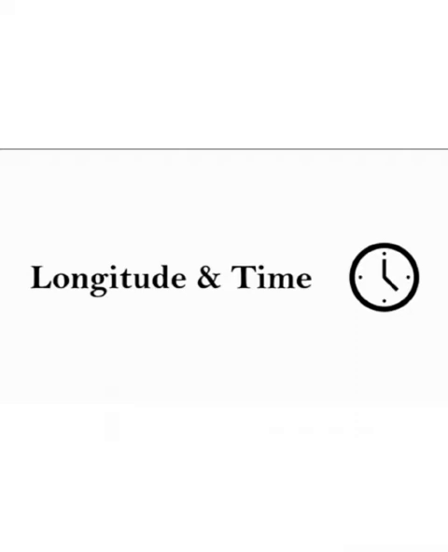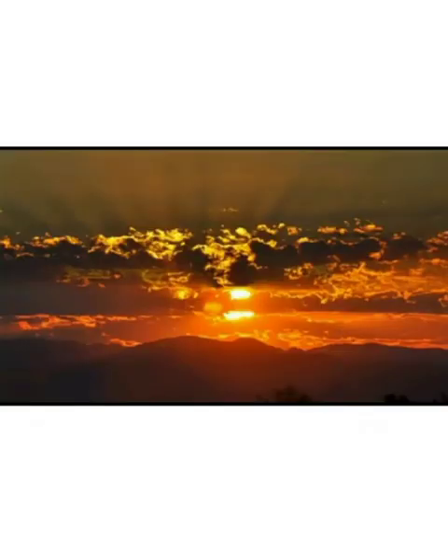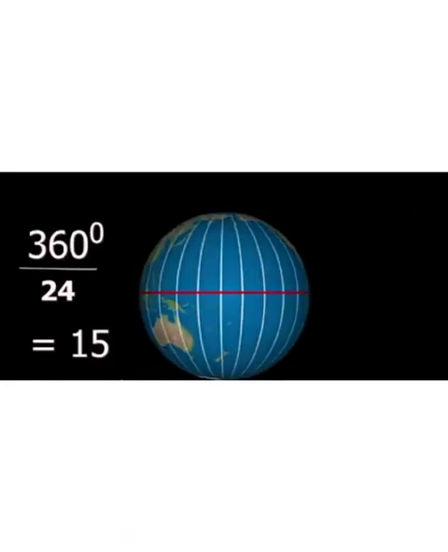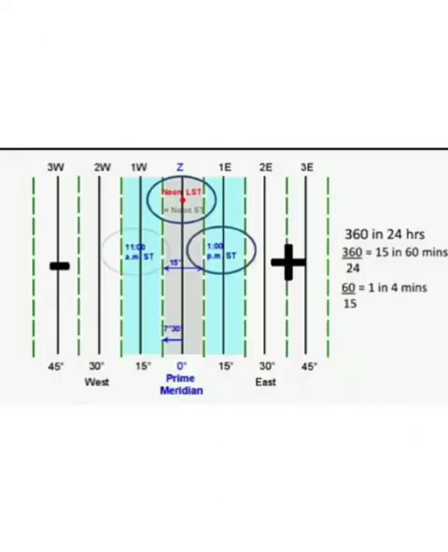Longitudes and time. The earth spins around its axis once in 24 hours. The earth moves from west to east. That is why the sun appears to move from east to west. All the 360 meridians of longitude come under the sun once in 24 hours, or one day. Thus, 15 degrees of longitude pass under the sun in 1 hour, or 1 degree of longitude is covered in 4 minutes. All the places on the same meridian will have the same time.